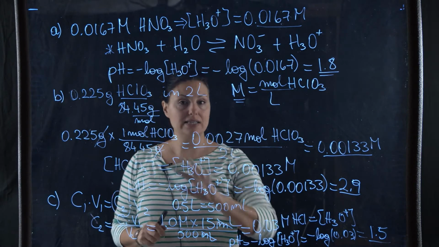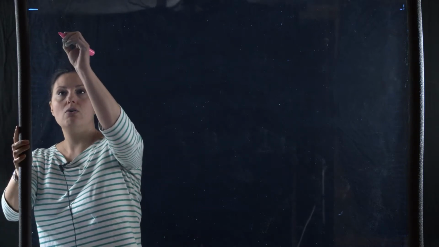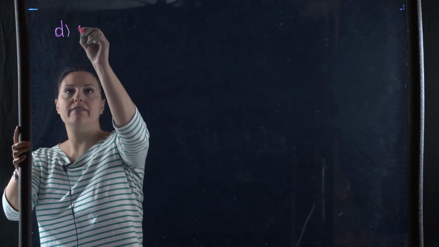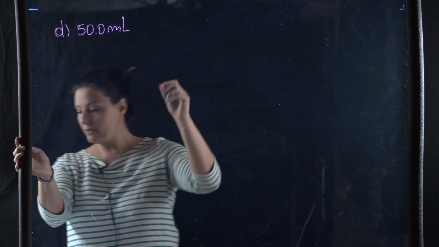I will erase this and then we'll do part D. Let's look at part D, the last part of slide 21. A mixture formed by adding 50 milliliters. So part D, I have 50 milliliters of